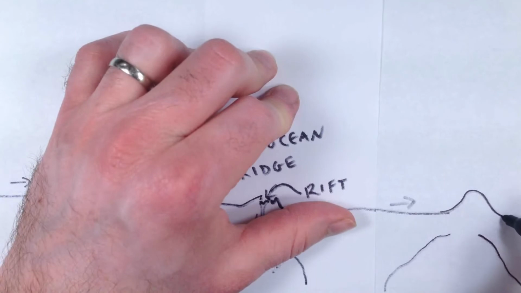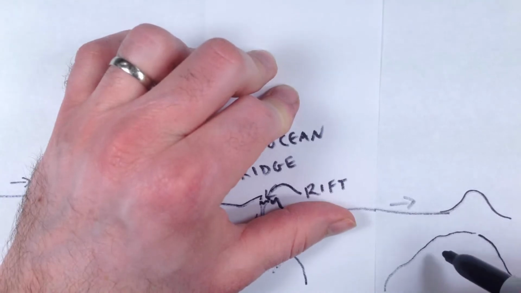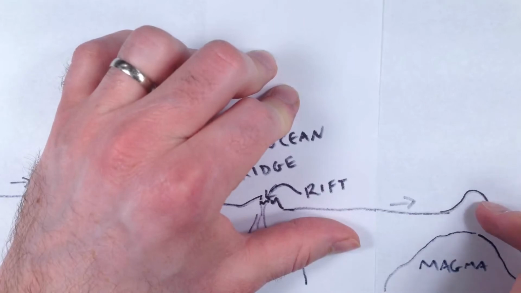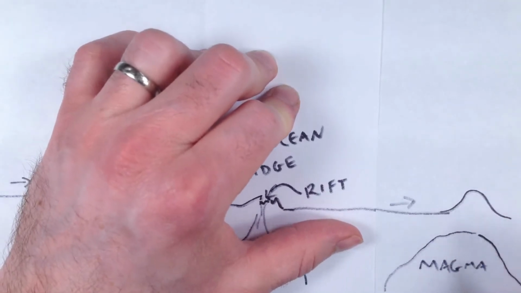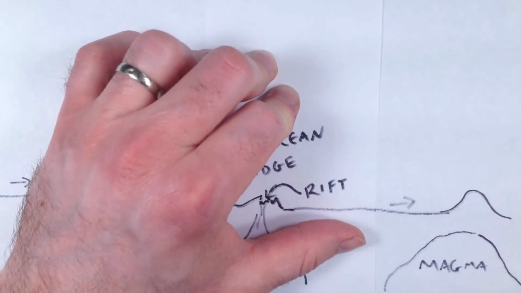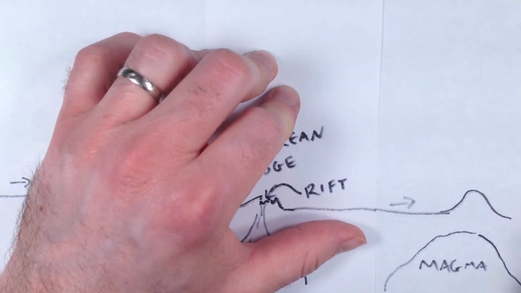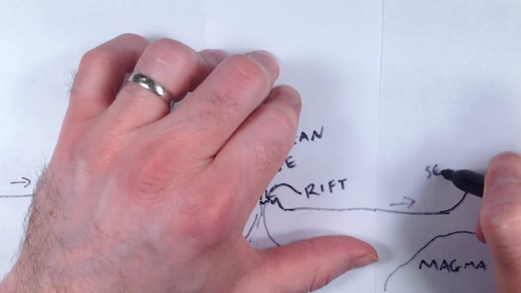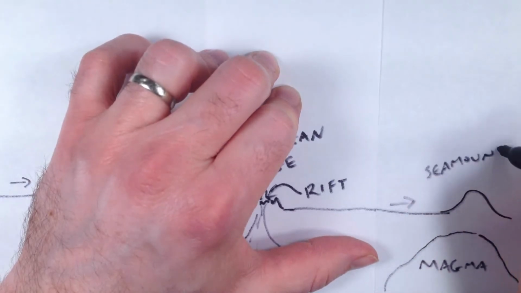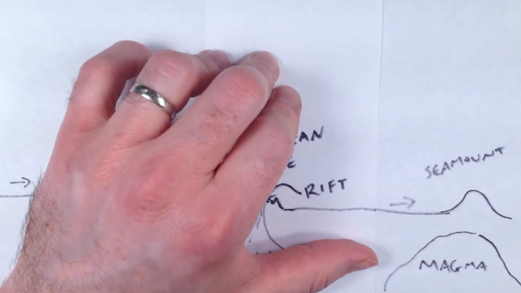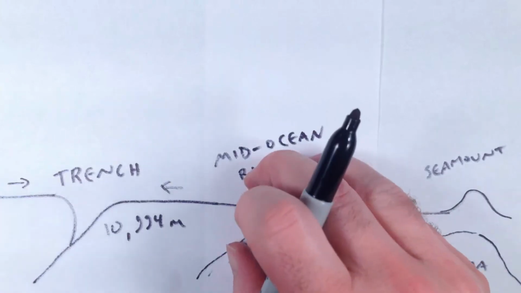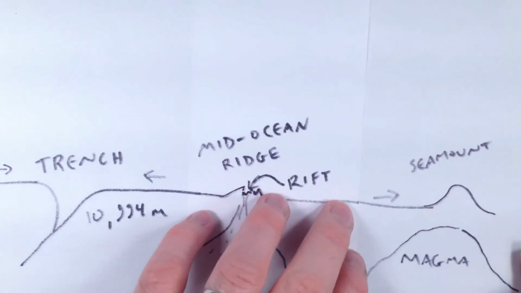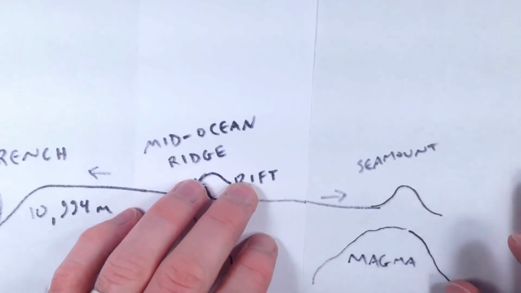on the bottom of the ocean. Okay, so if this is your magma, this is a volcanic mountain, right? And if it's under the ocean, then it's called a seamount. On the other hand, if it is tall enough to stick out of the ocean,